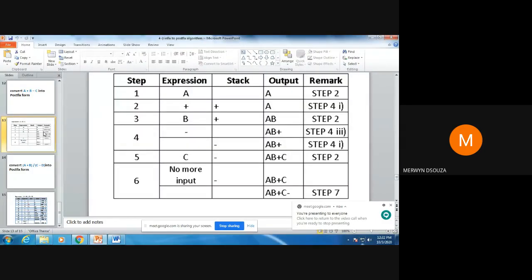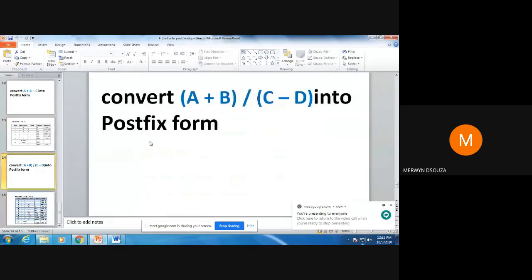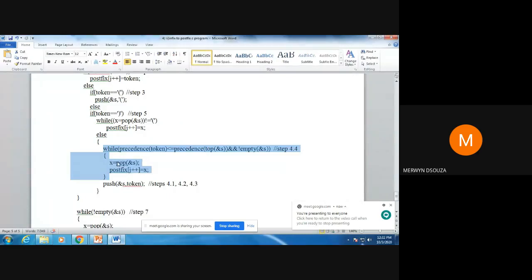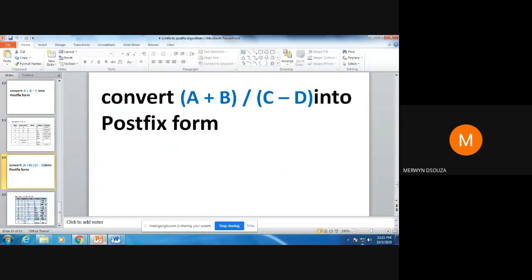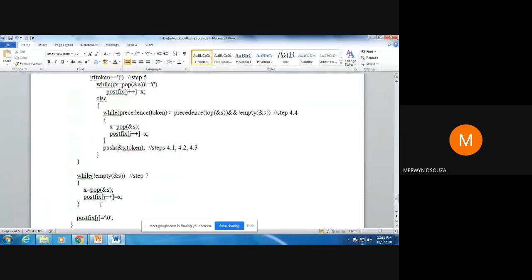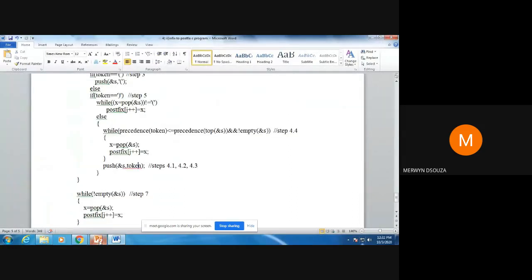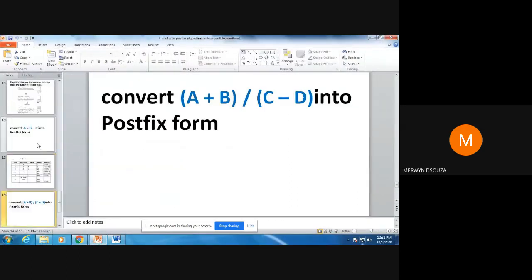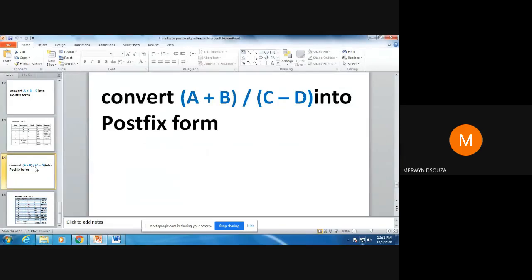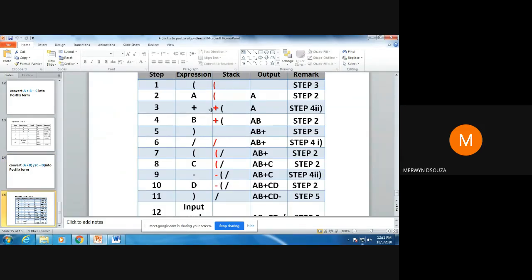I have already shown you this example. You take this next example, this one. See in which step of the program it is getting solved. Trace it out. Take that program and trace it out. First learn this algorithm that we have done. You have a Sunday tomorrow. Learn those 7 steps by heart. Then solve this. First do this much: learn the algorithm, solve this.